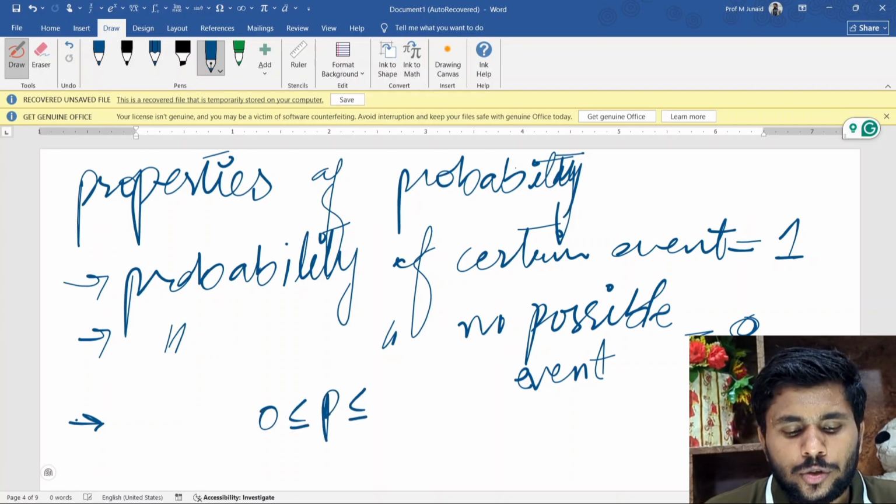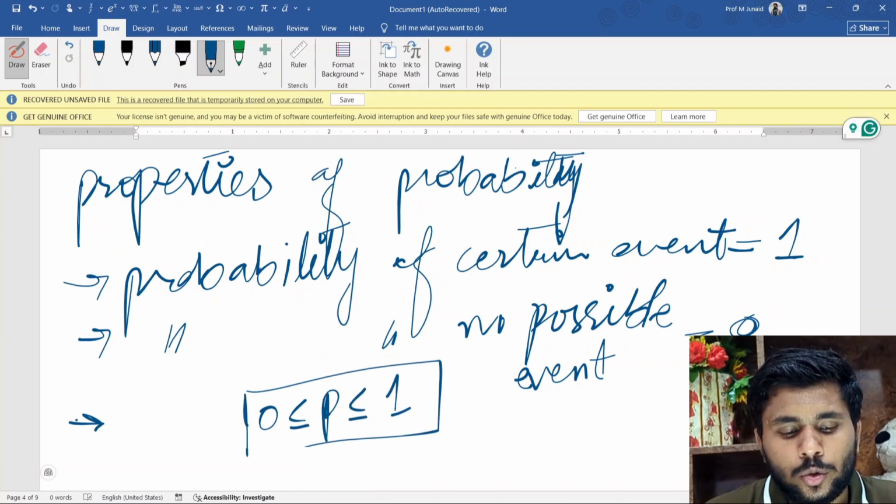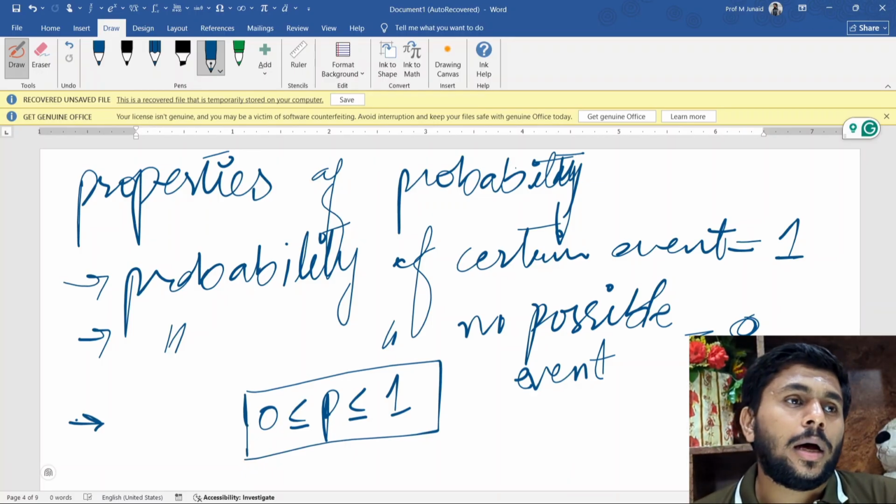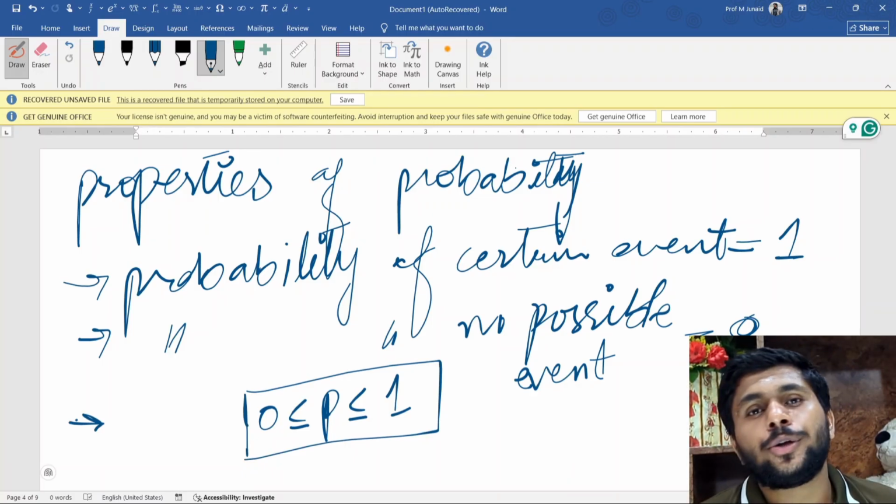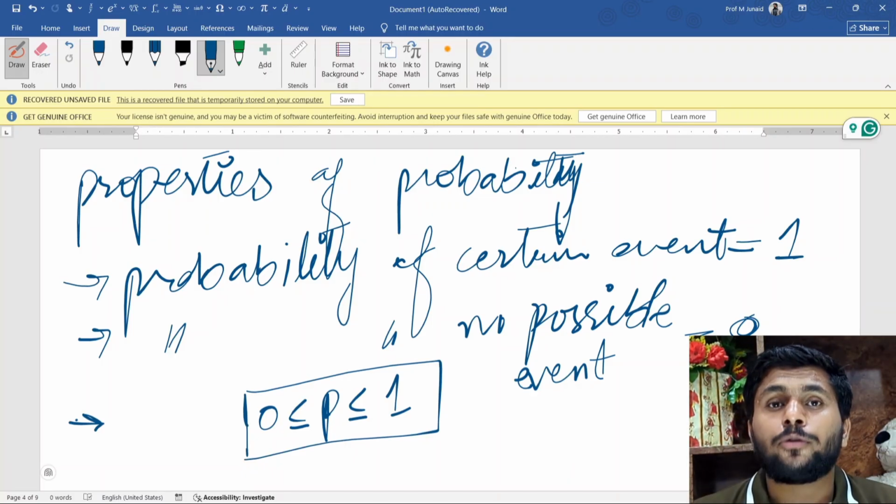Here is the range of probability, which is quite important for the MCQs. Let's close the video. Hope you understand all of my lecture. If you understand